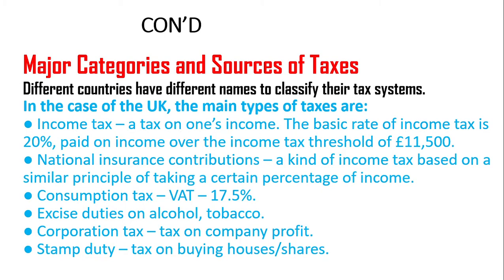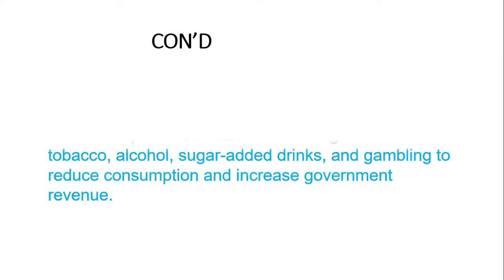ሌላው ኮርፖሬሽን ታክስ ነው። ኮርፖሬሽን ታክስ ኦን ካምፓኒ ፕሮፊት። በካምፓኒ አስ ጀነራል በፓርትነሮች ላይ ሳይሆን ጀስት በካምፓኒው ላይ አስ ጀነራል ፕሮፊት ጀነሬት ሲያደርግ እሱ ጋር የሚጣለው ታክስ አለ። ዳት ኮርፖሬሽን ታክስ አለ። ሌላው ስታምፕ ዱቲ አለ። ታክስ ኦን ባይንግ ሃውስስ ኦር ሼርስ። ሼሮች ሲገዙ ወይም ቤቶች ሲገዙ ቢልዲንጎች ሲገዙ የሚጣለው ታክስ ዳት ኢዝ ስታምፕ ዱቲ ይባላል። ይሄ የማን ኬዝ ነው? ዩናይትድ ኪንግደም ኬዝ ማለት ነው።